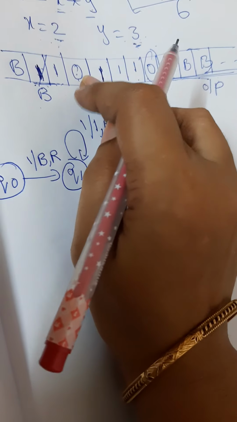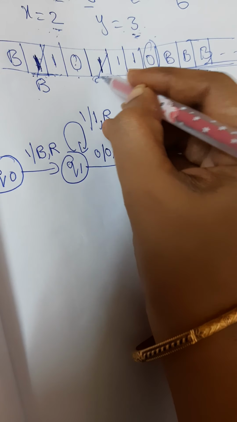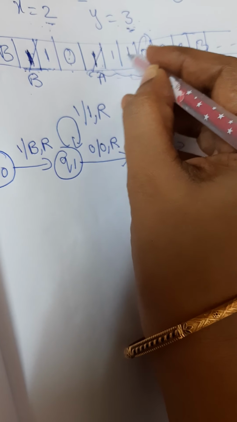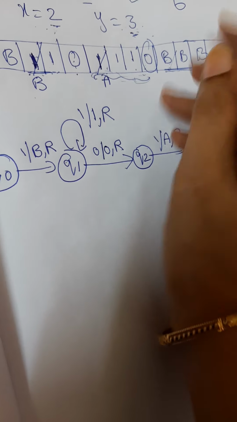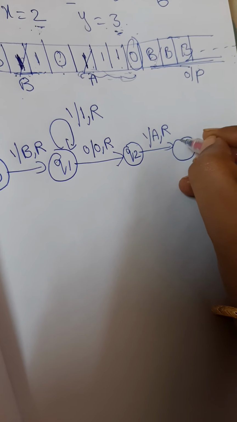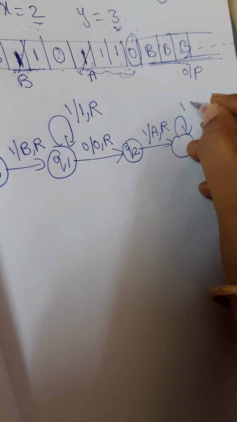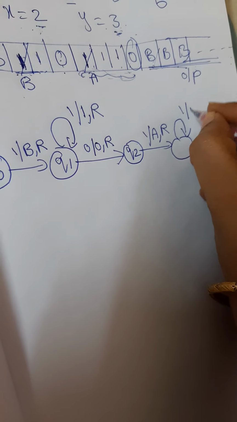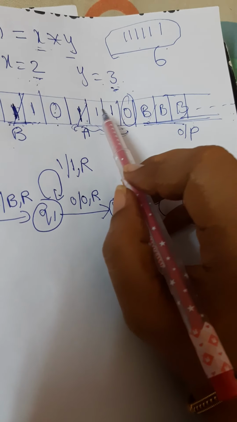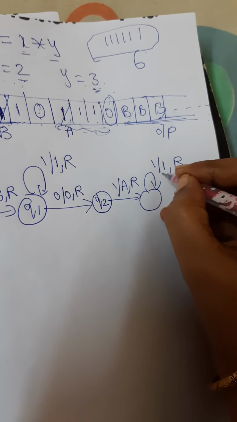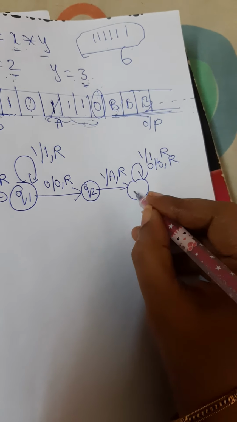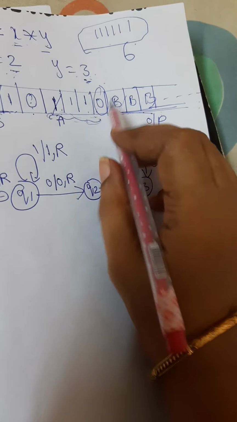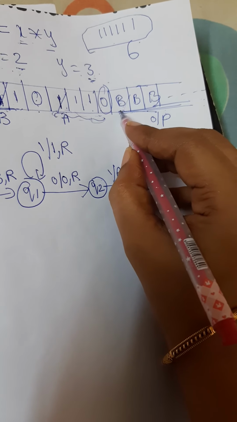That means this one I have to copy here now. So this one I'm making A and I'm moving right. Now this blank should be made 1. These 3 ones should be copied here. Now the remaining ones, whatever we have, just skip them and move right. And once you have 0, that 0 also you skip. This is the Q3 state. Now after skipping all this, what you are getting here is blank.